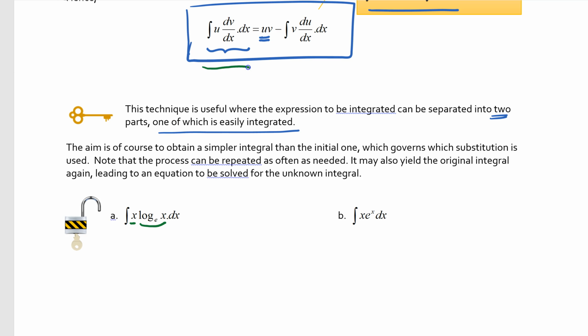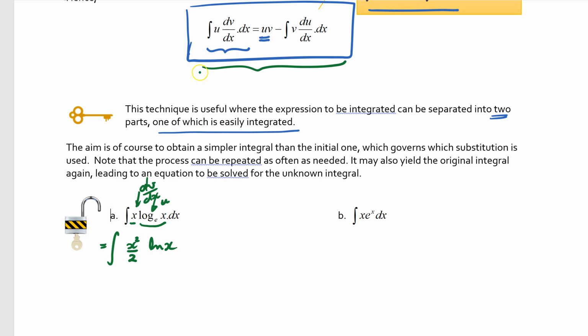Now, if we lay it out in the fashion of this thing up here, our first step is to rewrite our integral. So it's the integral of u, so this will be our u, log of x, dv/dx, so I need to be able to integrate this, so I know that the integral of x is x squared on 2, and then my dv/dx is x. So this is dv/dx, this is u,